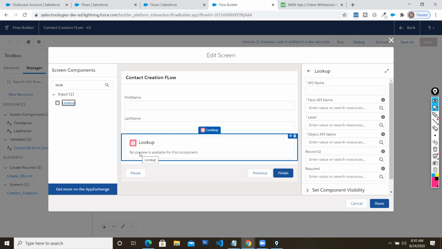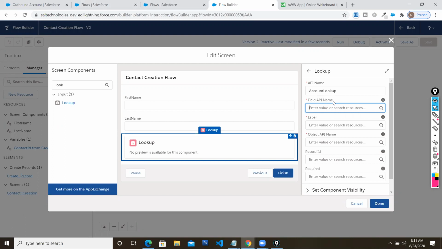Okay, so this is the lookup field I have created. I'm going to drag and drop. Immediately you will have to give the API name. I'm going to give the name as account lookup. And this is the field API name. You have to be pretty sure which object you are going to insert a record in. You are going to insert a record in your contact object, and that contact object should have a lookup. Only then can you connect it in this particular screen. So which field API name are you going to use?